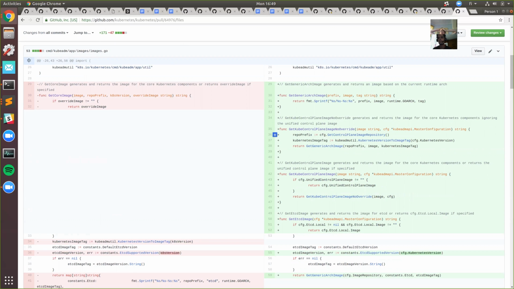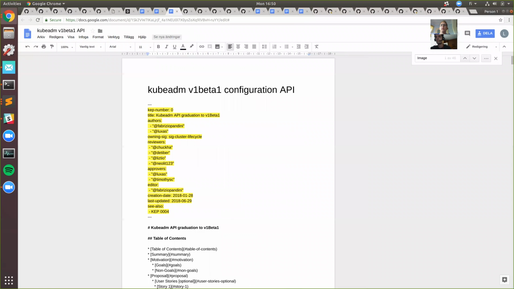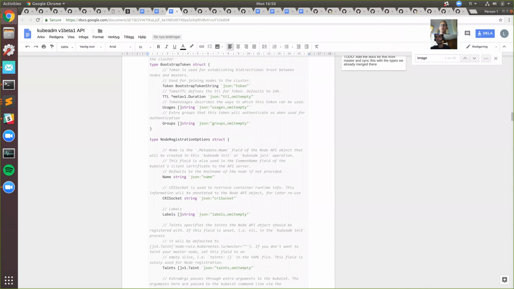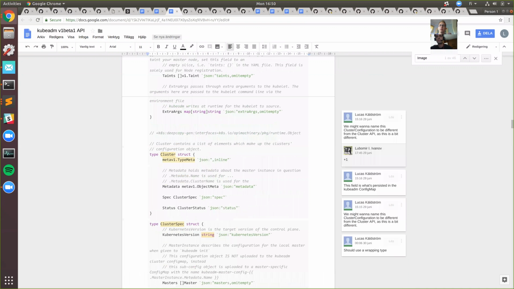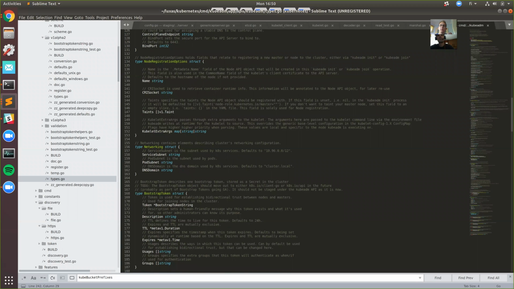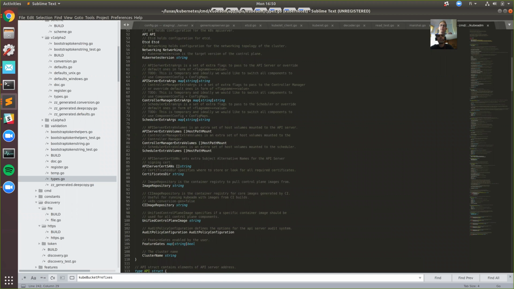Yeah, I'm really torn about what to do with the unified control plane image. That was kind of why I wanted to add the different image fields, because the unified control plane image isn't that great, neither the name nor the UX. But it works for most of the cases to just say Kubernetes version and control plane, but still,